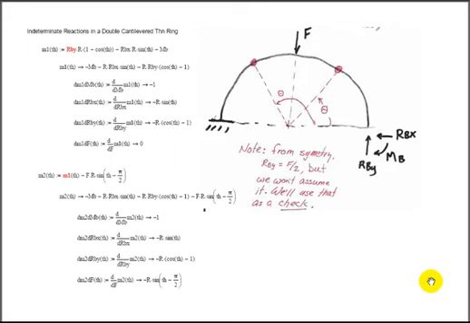Okay, in this video we're going to illustrate the use of Mathcad to solve a problem that we had looked at in a previous video, and we had just sketched out the solution. We hadn't actually done any computation on it. And that problem was a double cantilevered half ring, where at this point we had previously had a cantilevered section